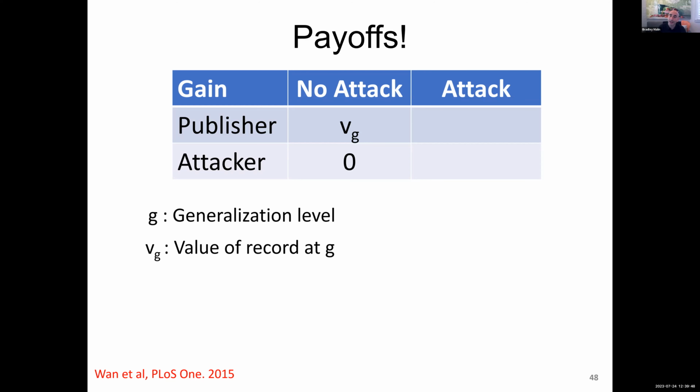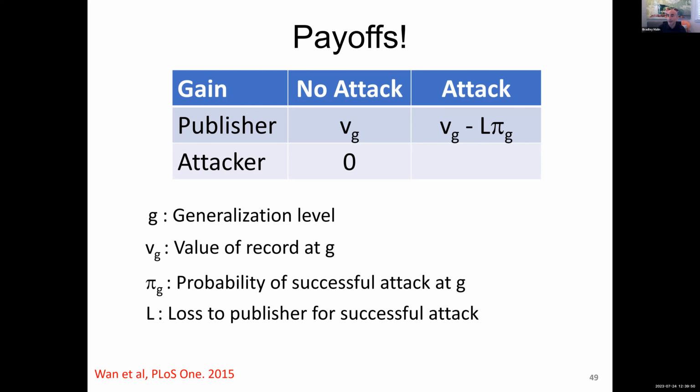If there was an attack that got committed, we would imagine that there's a certain probability of success, and we'll walk through how that works, and that there would be a certain amount of loss induced to the publisher. So the amount that they would have received, VG, minus the expected loss that the attacker has induced. And we're looking at this in terms of a zero-sum transfer. So whatever the publisher pays, that's what the attacker is going to receive. And then there's a certain cost to run this attack, and that was the $4 I alluded to.